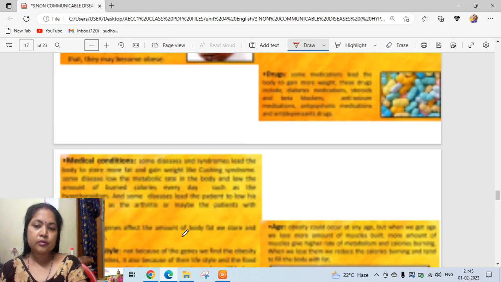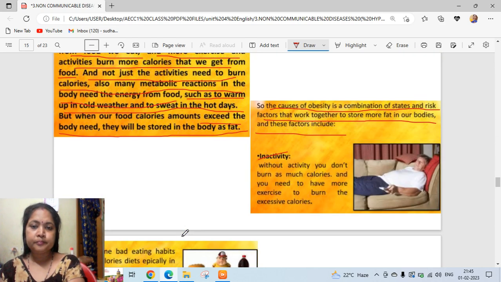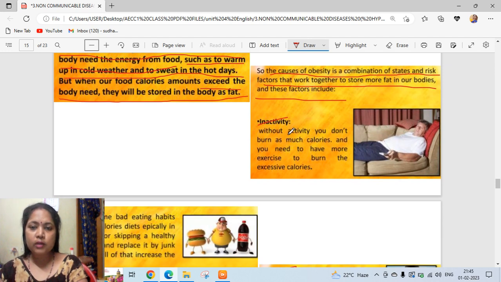Okay, so these are the factors. So inactivity: without activity you don't burn as many calories, and you need to exercise more to burn the